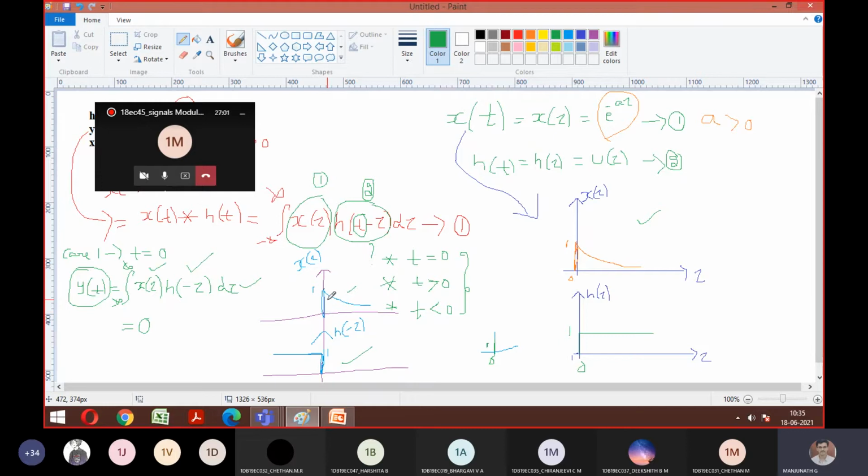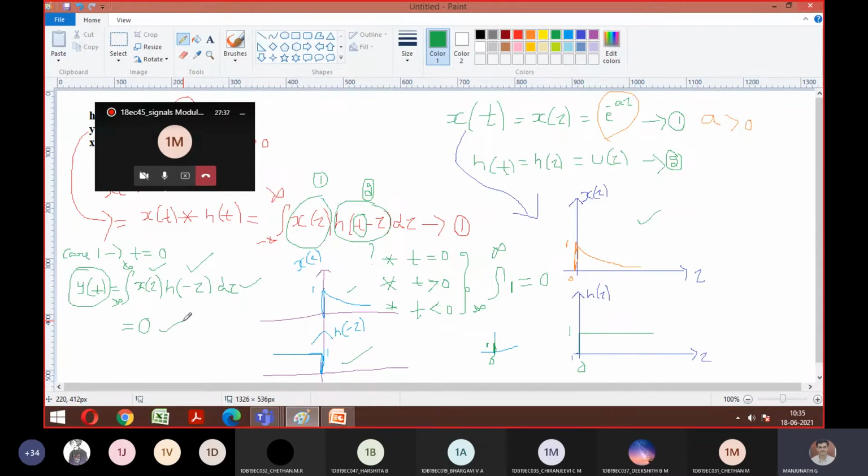After multiplying the two signals, we got that it is going to exist only at t equal to 0. If you put that value, for example, I'm applying minus infinity to plus infinity, and I got x of t into h of t value as 1. What is the integration of this? Is it equal to 0 only? Yes, correct. That is how I wrote y of t is equal to 0. It means case 1 failed. Case 1 doesn't have any overlap. Hence, y of t will be 0 at t equal to 0.